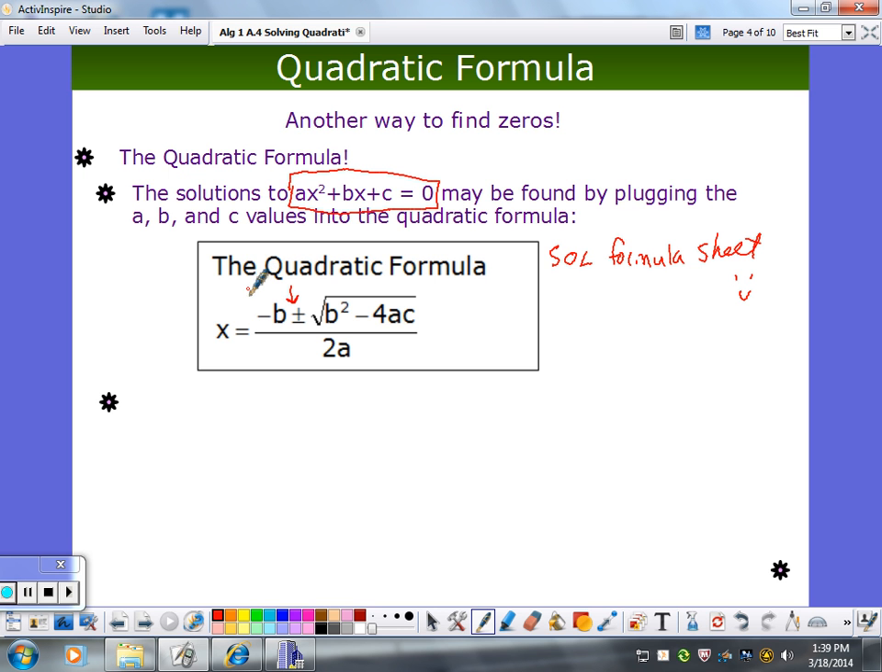1, 2, 3. Negative b plus or minus square root of b squared minus 4ac,